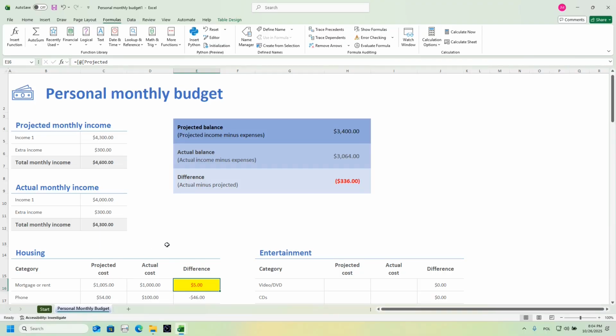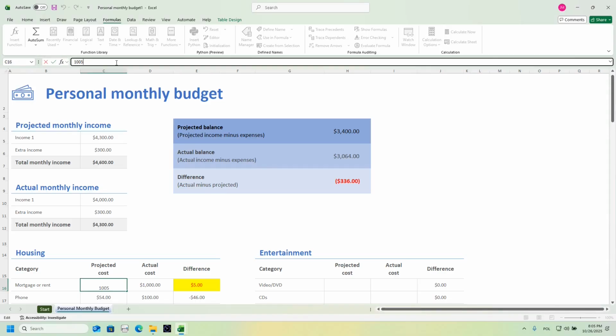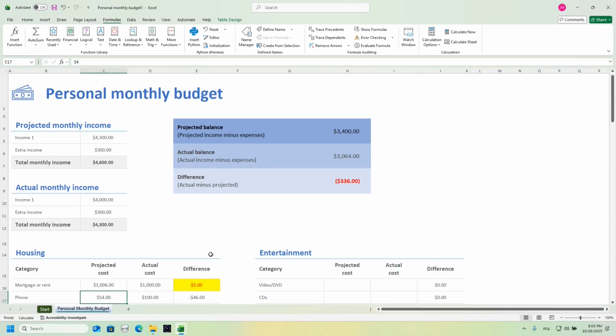Now, if you don't like, for any reason, the stale formula highlighting, you can go to Formulas, Calculation Options, and simply untick Format Stale Values. Now, whenever I change the value in the cell, the formula obviously won't recalculate because we are in the manual calculation mode, but it won't get a strike through. And once again, to recalculate either the entire workbook, you hit F9, or to recalculate this specific sheet, you hit